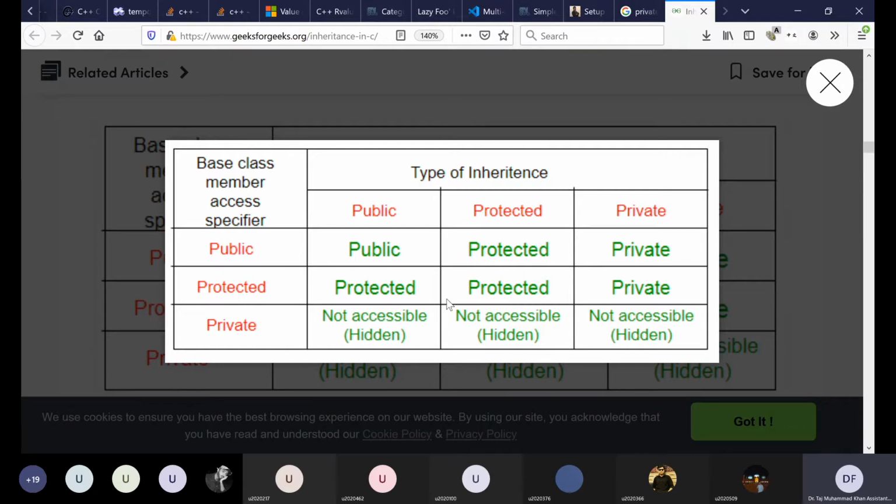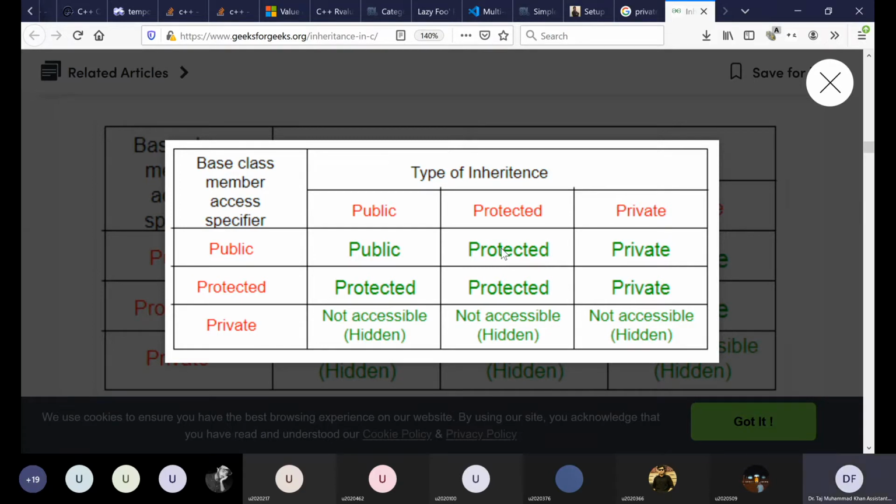Protected members remain protected. Private members which were not accessible using public inheritance are also still not accessible using protected inheritance. These protected members, public member variables that have become protected, are protected for the derived class. So if you have a second level of inheritance in which you derive the third class from the derived class, these protected members will be accessible inside the third derived class, because they are the protected members of this derived class.